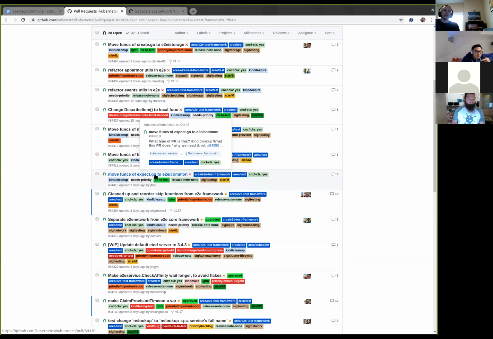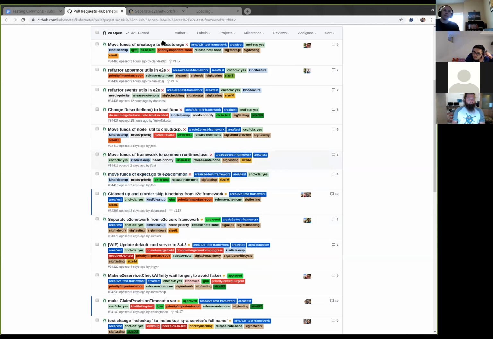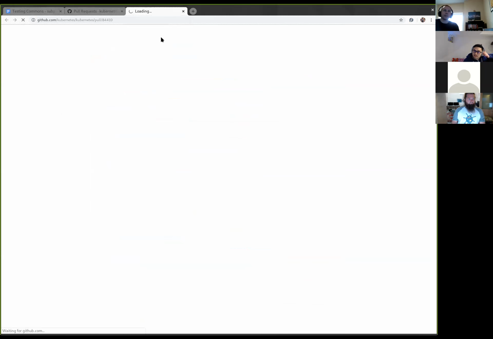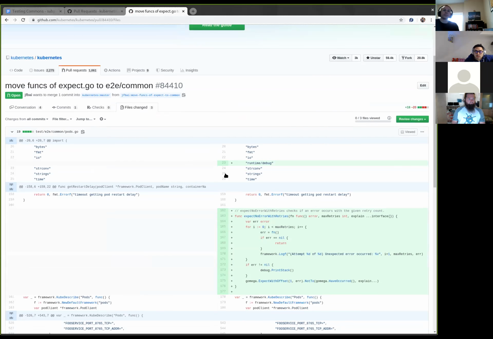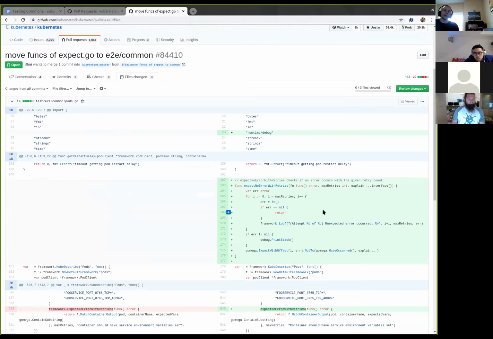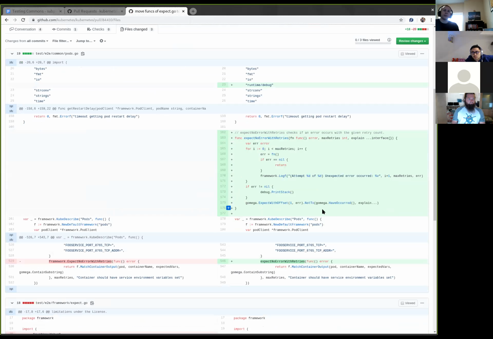Move functions from expect.go to common. This looks like another similar thing. It's weird. Why? I don't get this.